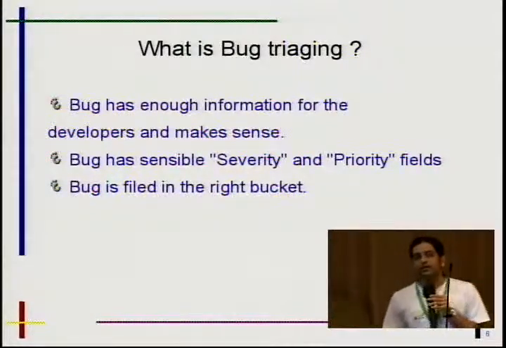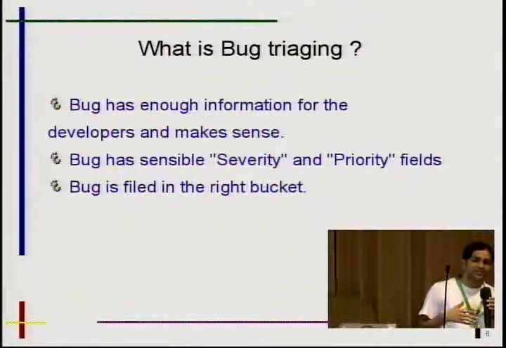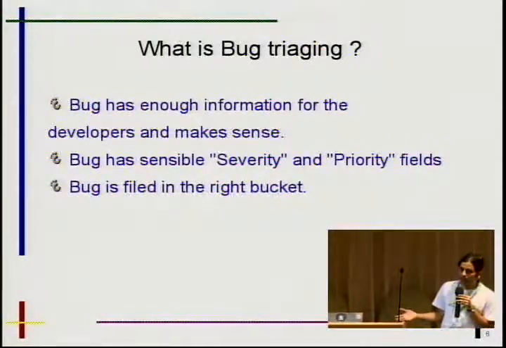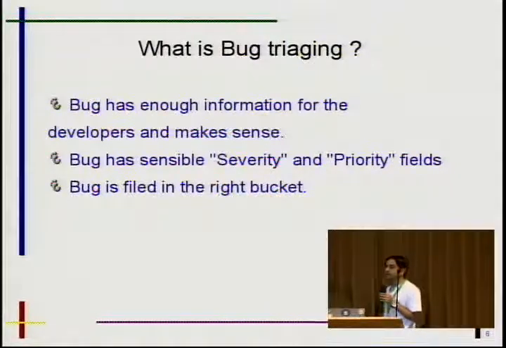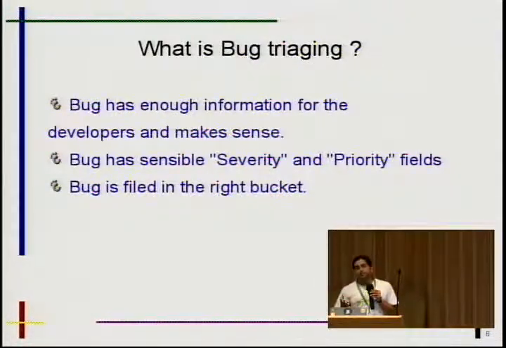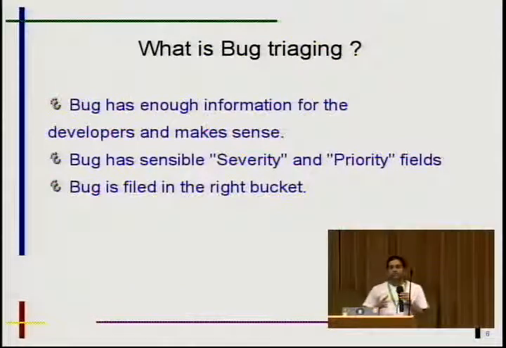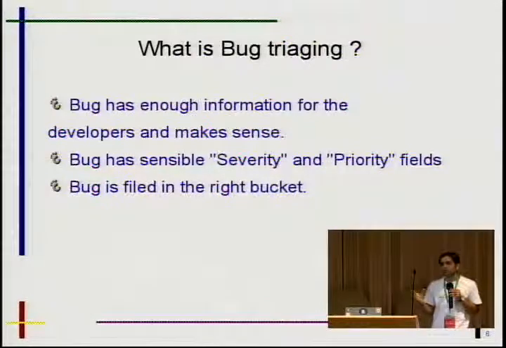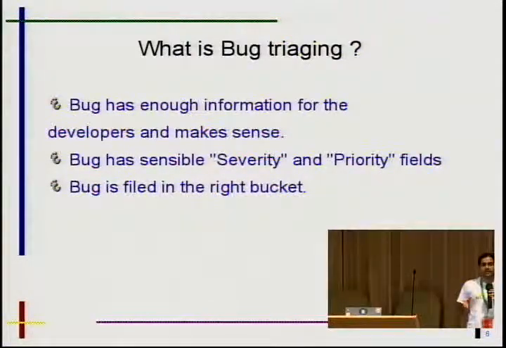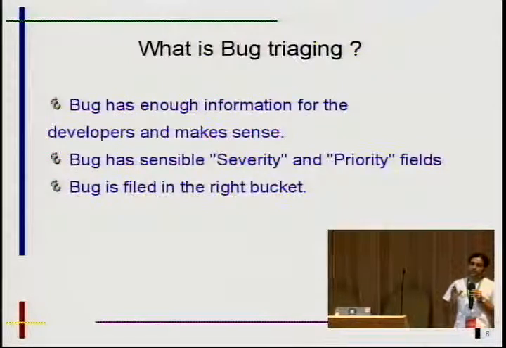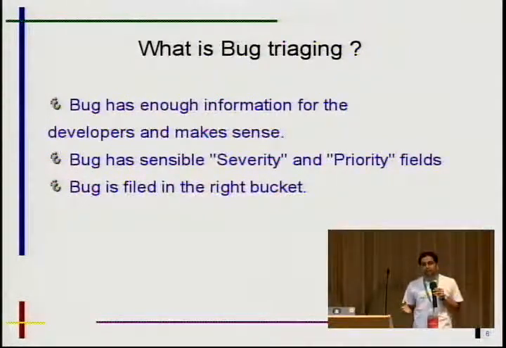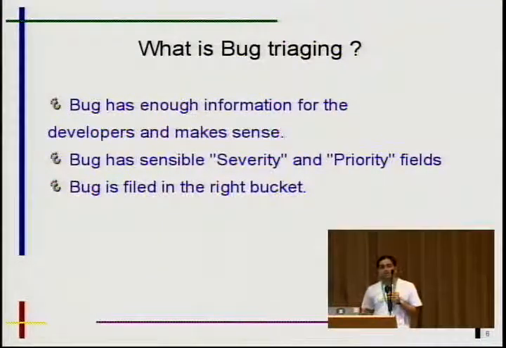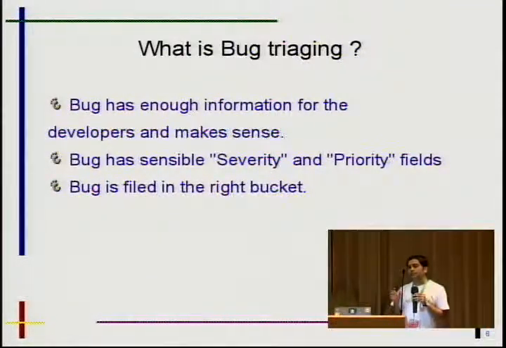The second thing could be that maybe you are using a GNOME application, but the application depends on libraries which are out of scope of GNOME. Maybe you are using Firefox on a GNOME desktop, but you get a crash, and that crash may be related to Mozilla libraries or some other libraries. So if a user is filing a report in GNOME Bugzilla, you should move that bug to the right Bugzilla, or if the user is not aware, you should guide them that mozilla.org is the right place where they should file the bug, so that the bug gets proper attention.